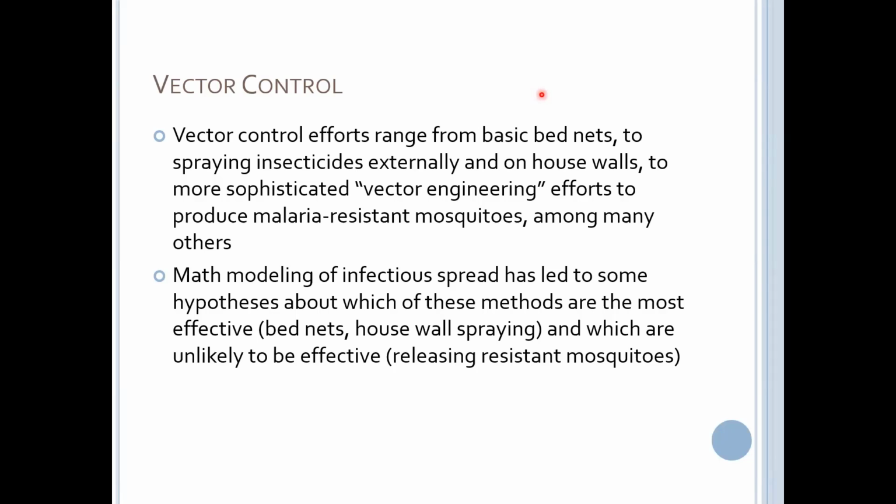Here where I live in Memphis, we have a big bridge that looks like an M that people say could stand for malaria because malaria used to be a huge problem here. And the only way it was really controlled was through getting rid of the large reservoirs of mosquitoes. And so modeling of infectious spread with the mosquito as the transmitting host has actually helped a lot, I think,